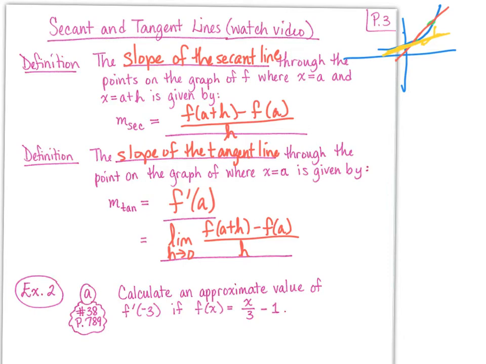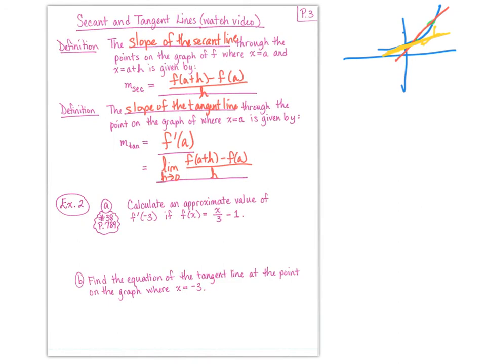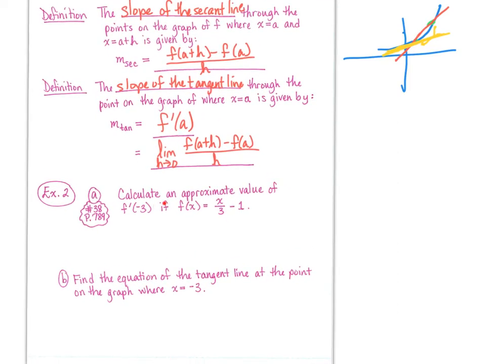Okay? So now what we're going to do is go through some examples. This is not typically how you would find the derivative. This section, remember, is the intuition behind that. So using the concepts that we've learned so far, we're going to calculate an approximate value of the derivative of f at -3 if f of x is equal to x over 3 minus 1. So f prime of -3 is approximately equal to the limit as h approaches 0 of